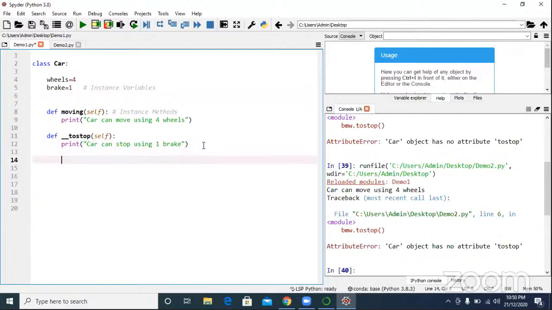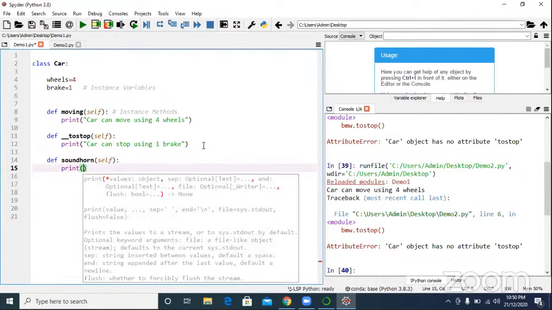I will write one more method. Definition: sound horn. What is the method name? Sound horn. Is it a public method or a private method? Sound horn is a public method.